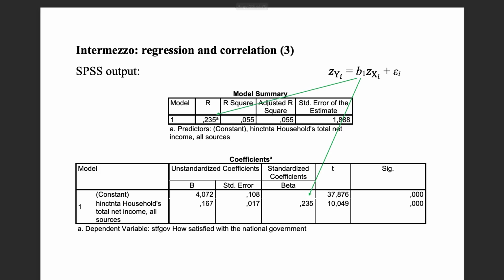Going one step further, you might have already noticed that the model summary, where we discussed already the R-square value, the proportion of explained variance, also has a column with the label R. And in this case, it has exactly the same value as the standardized coefficient. And that's no coincidence. They are the same by definition in a simple linear regression model where we just have